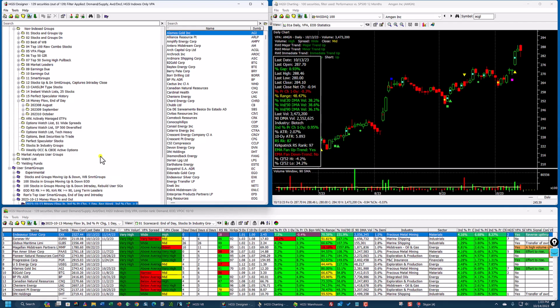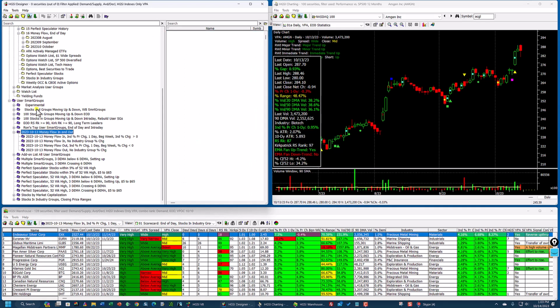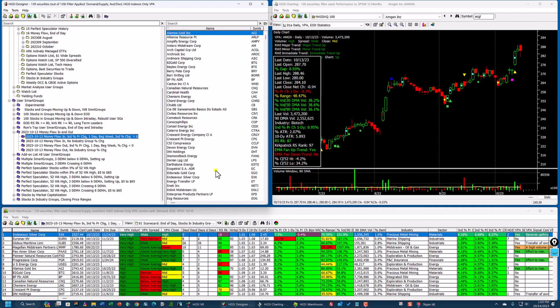And what I want to show you is how this works and how it really keeps us on top of what's happening in the market, much more than looking at an index chart, which is a composite of all this information. Now, the way I've structured this, and these are in my User SmartGroups for Insider Club members. I've talked about this before, but I want to review it. This one right here